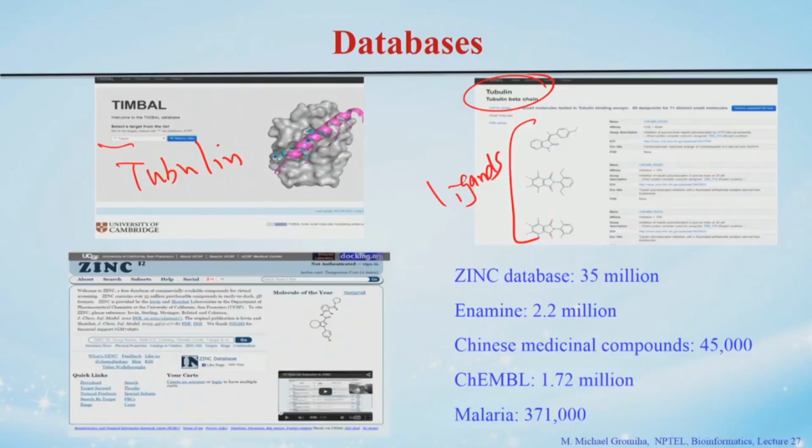Some of the examples, you can see the ZINC database, it is about 35 million compounds, now it is growing. Then there is a database with 2.2 million compounds, and this database for the Chinese medicinal compounds has about 45,000 structures, and ChEMBL is 1.7 million, and specifically on malaria they have data for 371,000 ligands. So, you can utilize the information available in different databases to collect the data of the ligands on various aspects, either the ligand structures, or different properties of the ligands, or the experimental data on the binding affinity or the inhibitory constant, or you can see the binding mode, how the ligand interacts with a particular protein,